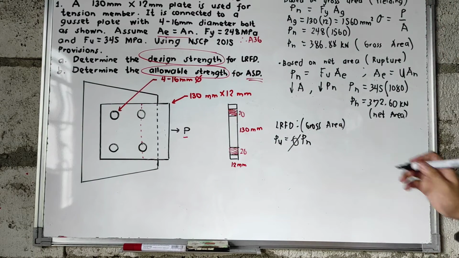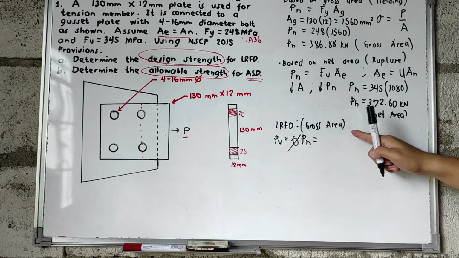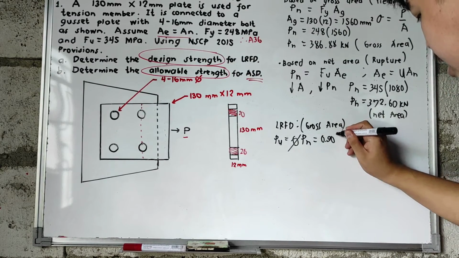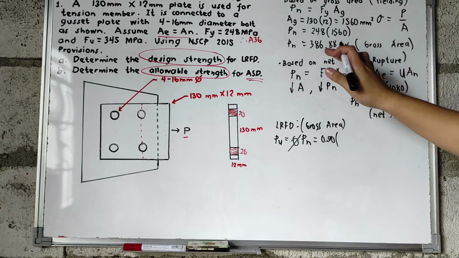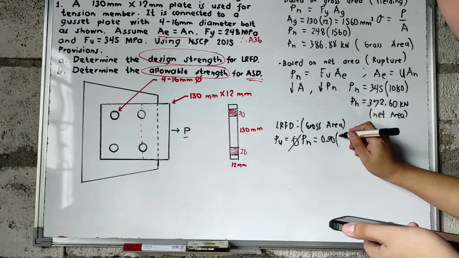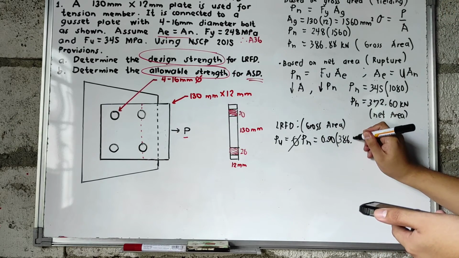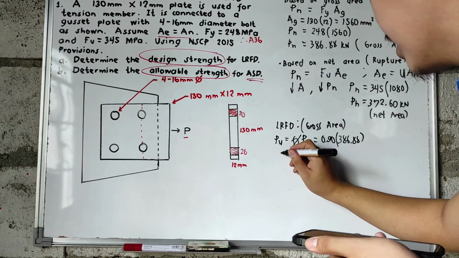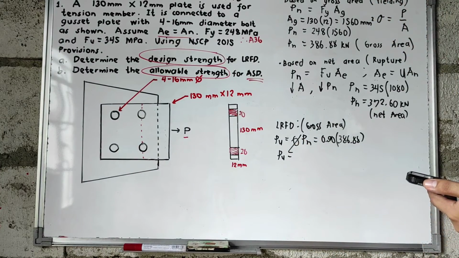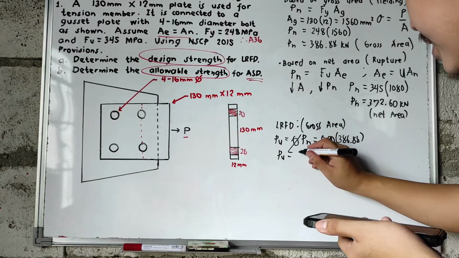So for this one, yung reduction factor natin on the gross area, that is equal to 0.90 multiplied by yung P sub n na nakuha natin, which is equal to 386.88. So the value of your design strength, that is equal to 348.19